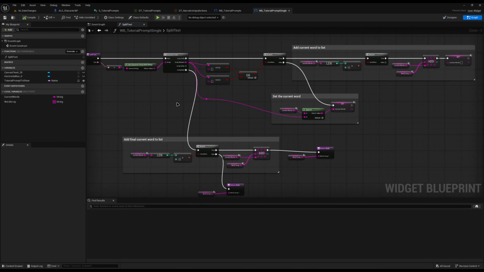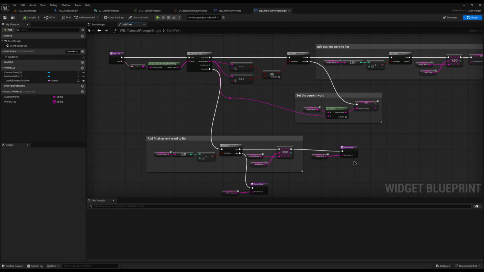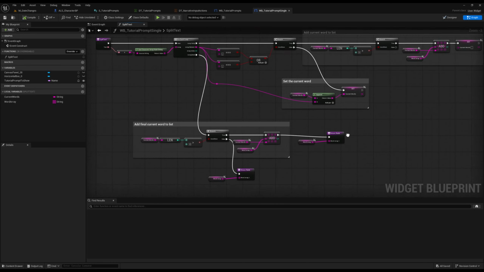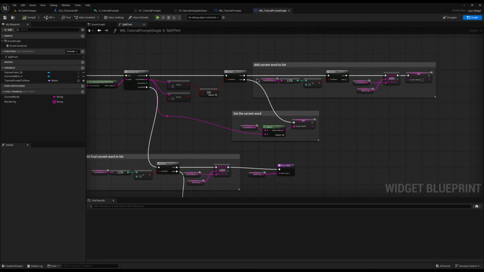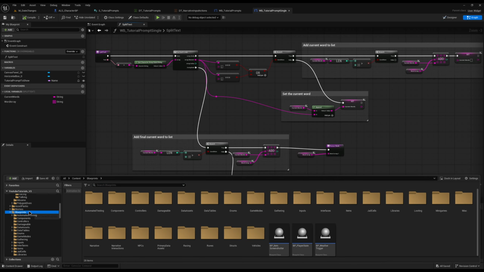Now there's only one other thing we need to do, is we're successfully splitting the text now. So we've got press, movement, to move around as 3 separate array elements, so we know how to render it on the UI. But as it stands, we don't actually know whether the word is an input prompt or just a word to render. So I'm going to come back to my content drawer, and inside blueprints, inside my enums